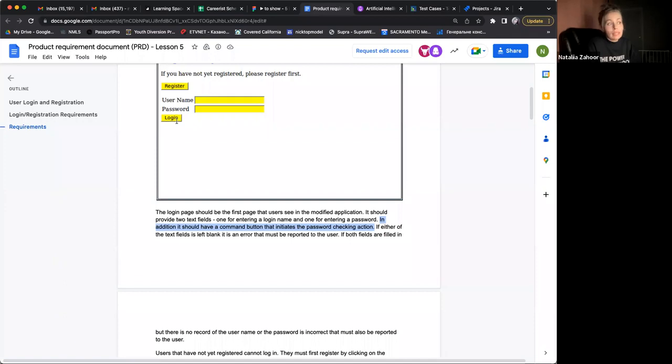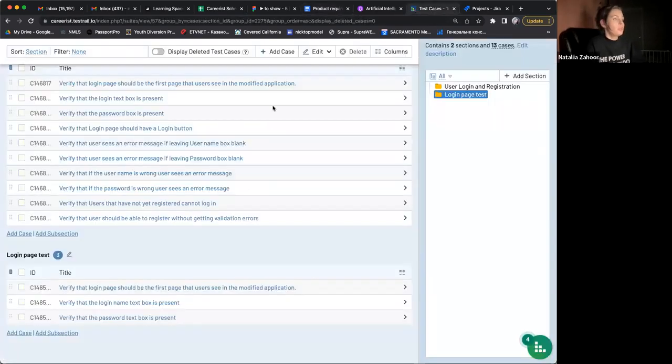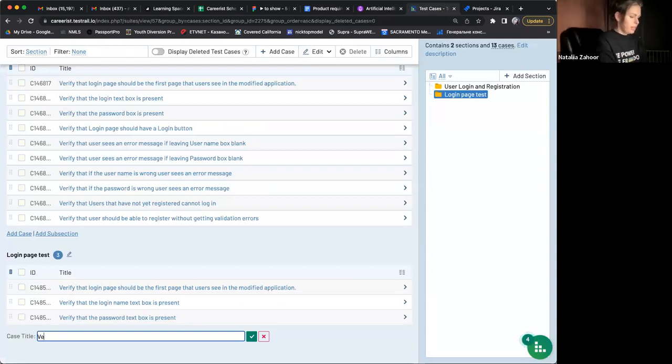But at this point, it doesn't say that we are actually validating the functionality. It says that it has to be there because we didn't really test functionality yet. So for this, you can also copy paste. You can copy paste this part and go to your cases and say, verify